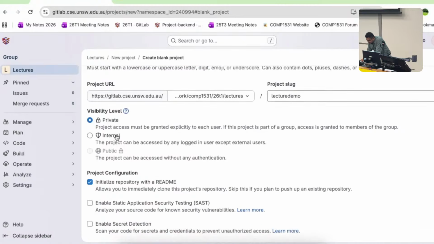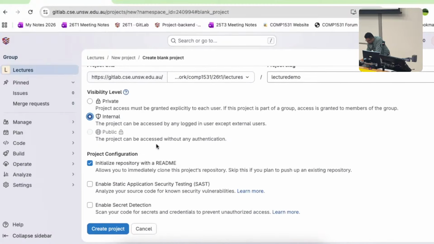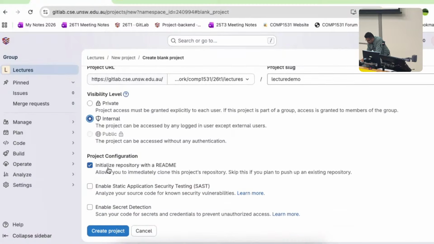I'll keep it internal, so if you want, you can also view that project, right? And then I don't want any complex settings there, just have a README file. It's good to have a README file in a project, so if someone visits your project, they know what it's all about. So I'll just click create,